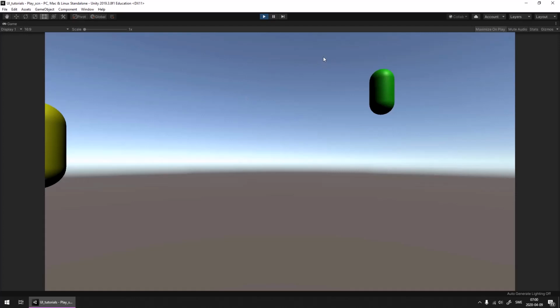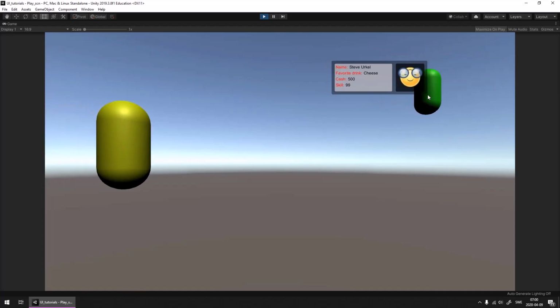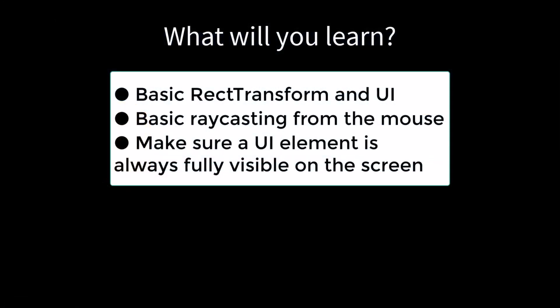In this video, I will show you how to implement an info box that makes sure it's always visible on the screen. What you will learn is how to create a basic UI element with layout groups and how to use the rect transform, how to perform raycasting from the mouse position so that we can display our info box when our mouse is over a 3D object, and how to make sure the UI element is always fully visible on the